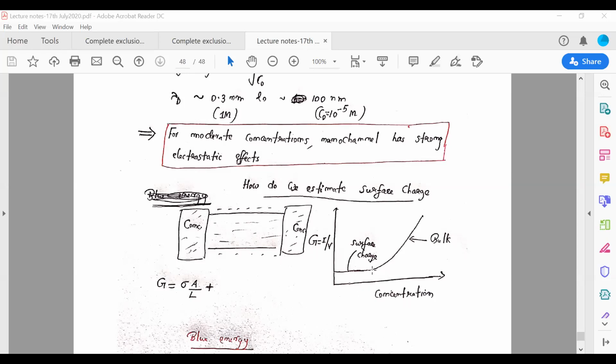At low concentration, it actually saturates. It seems like there is some constant thing which is making the conductance constant. It is similar to what you see in electrical transport measurements, where the curves finally saturate. So this saturation is actually a measure of the defect concentration, because defect is independent of.